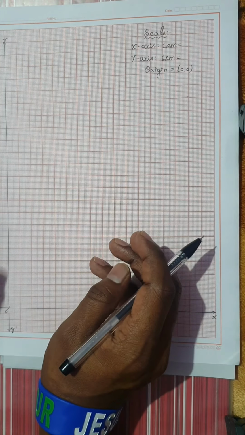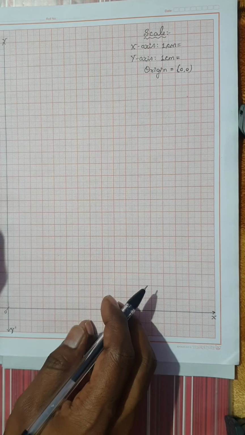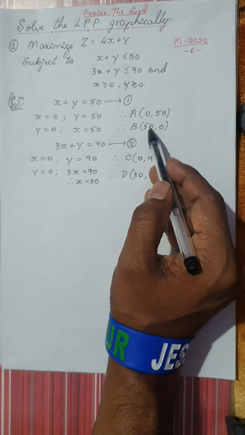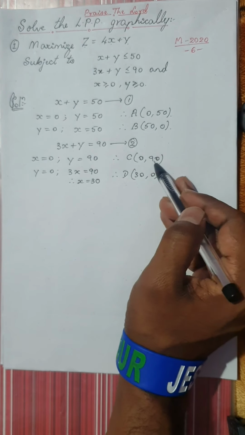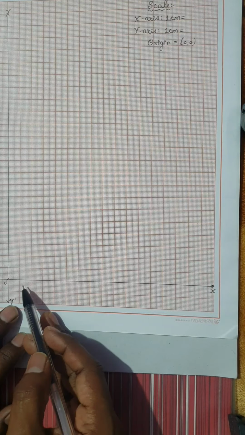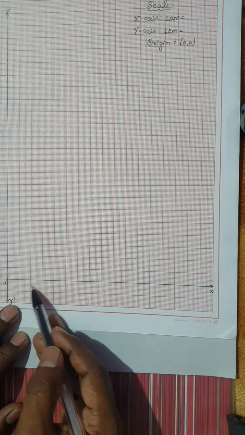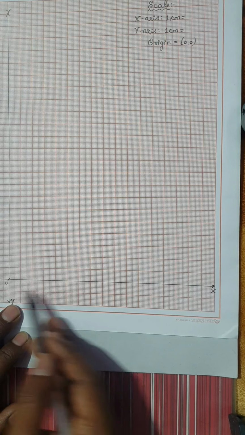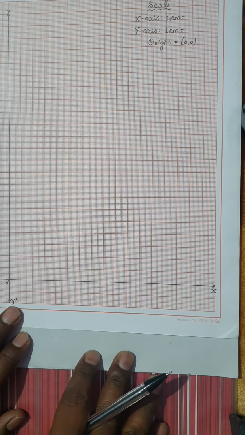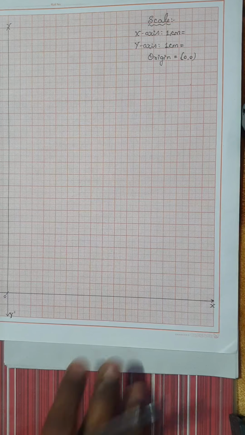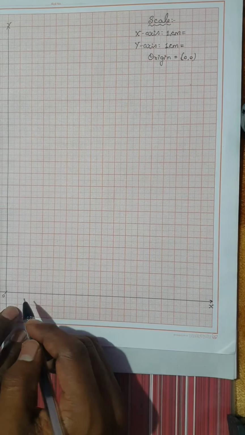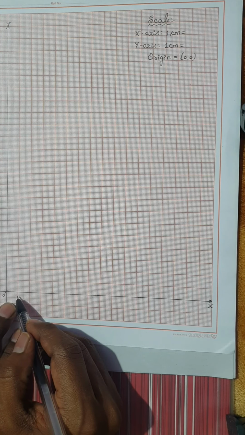Now before we plot, I want to take the scaling. Please be careful. The maximum value of x is 50 and the maximum value of y is 90. You can check here, if I take 10 each, 10, 20, 30, 40, 50, for 1 centimeter, the graph becomes very small. If you want your graph to look big, kindly go for a zoom. That means let us enlarge it by taking x 1 centimeter is equal to 5 units.